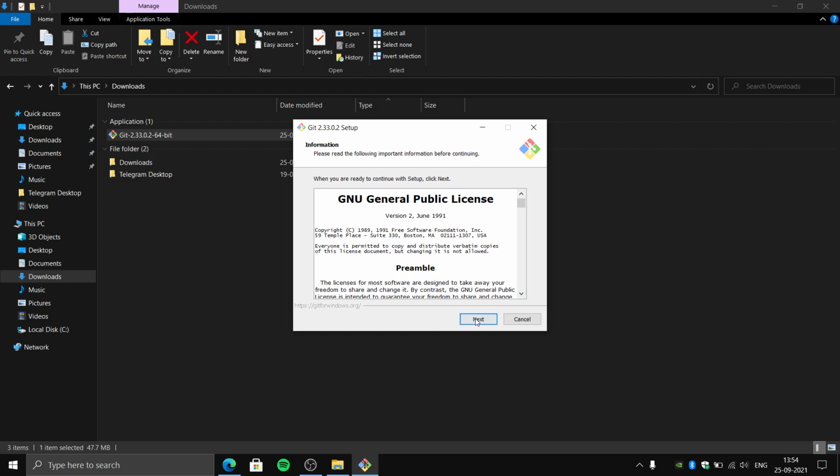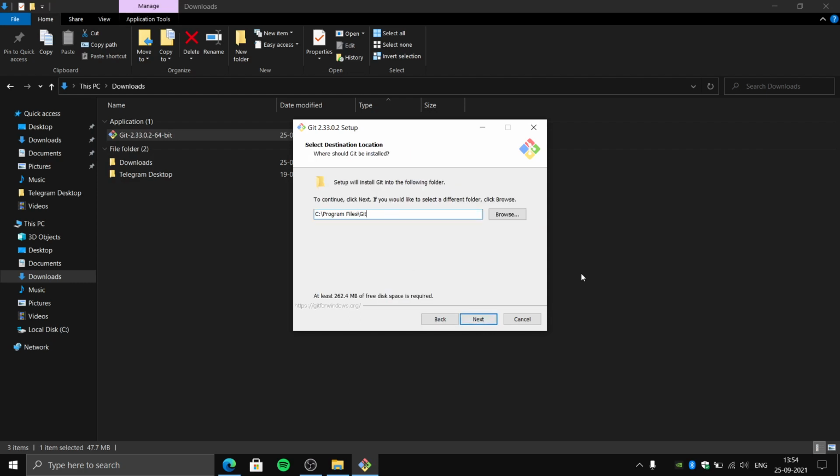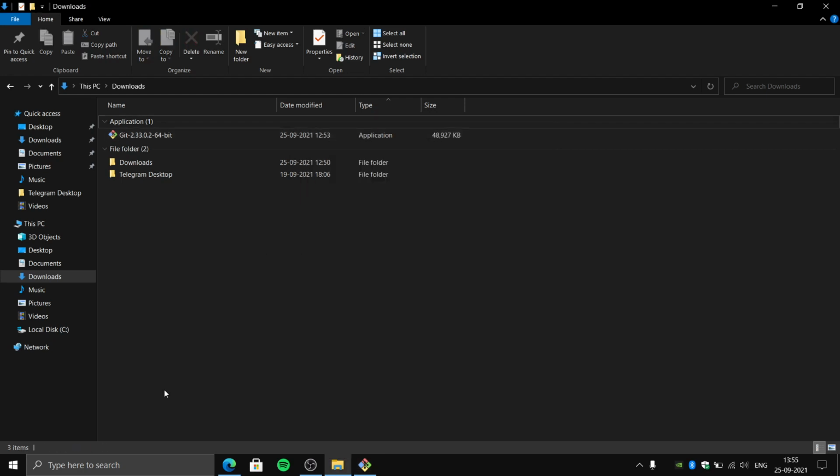Just click on next. I won't be installing it to this given folder called Program Files because we may or may not know where it is being installed. If you have a system, we'll be installing so many different things, right? So in that case, it's kind of hard to remember where we installed what. So instead of installing it over Program Files, let me go to my This